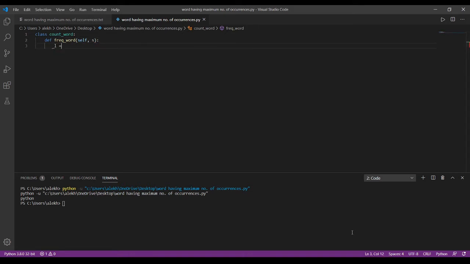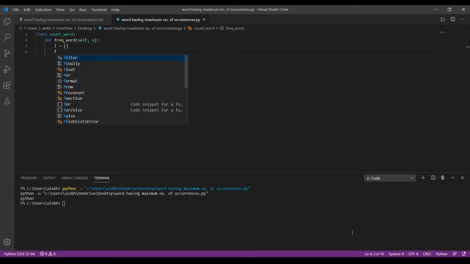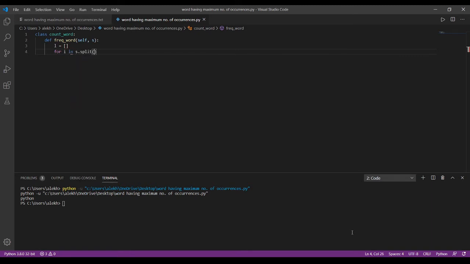Now we are taking an empty list. First, for i in s.split, here that particular group of words which are separated by spaces are split, and the group of words is converted into a list of words, and we are taking each and every one of those words.